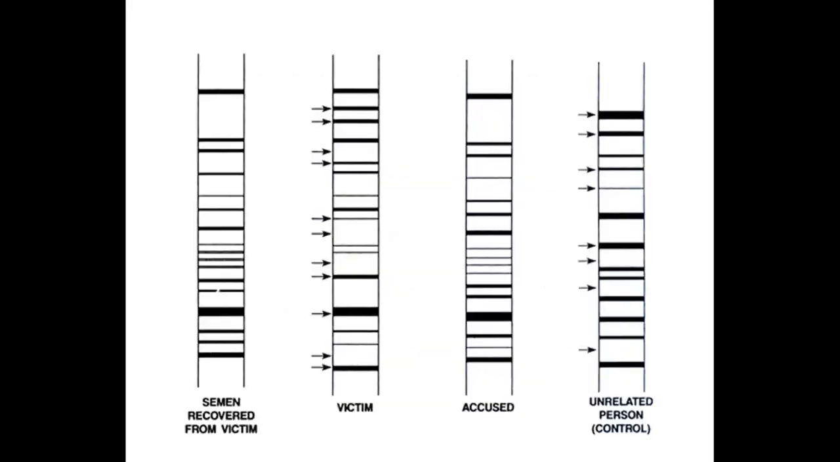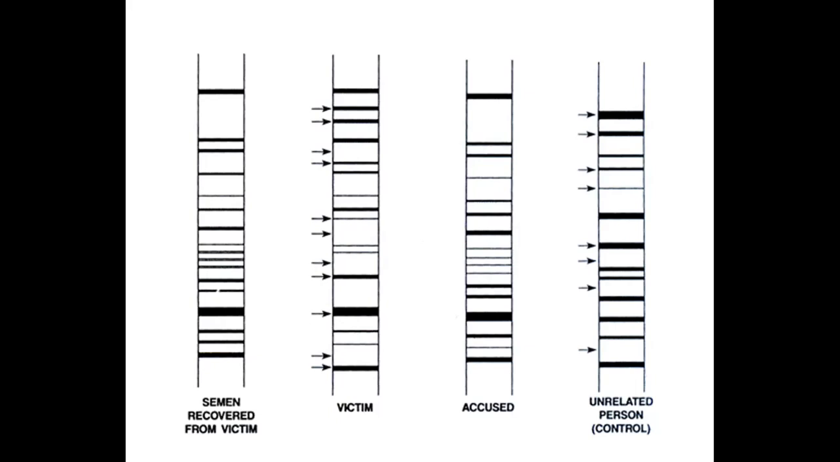Okay, here's another one. So we've got semen that was recovered from a victim, the victim, the accused, and an unrelated person. The accused? It's none of them, because one portion is darker than the key. Go down the whole list, you can see which is darker than that. Oh, yeah. It's none of them. All right, so now